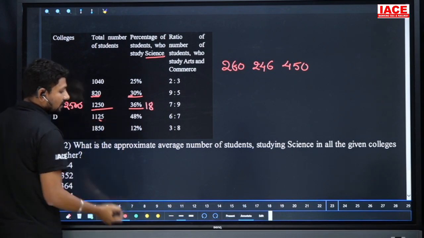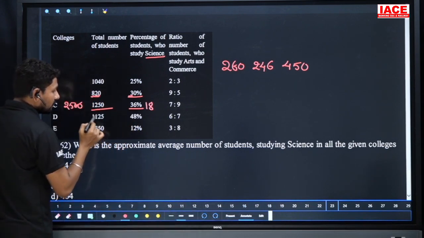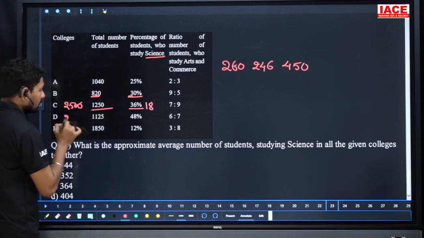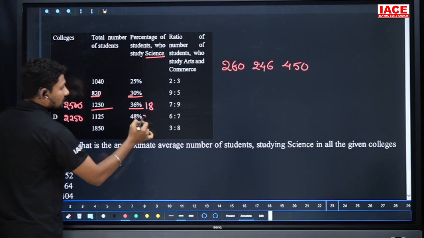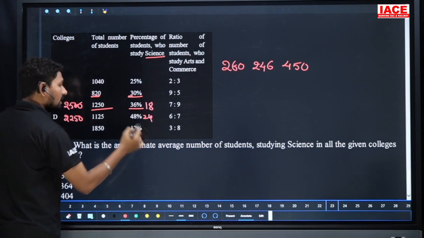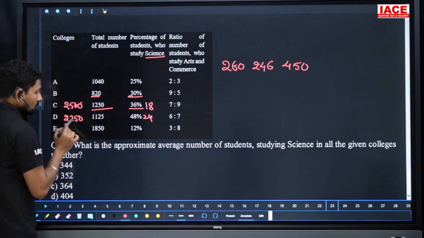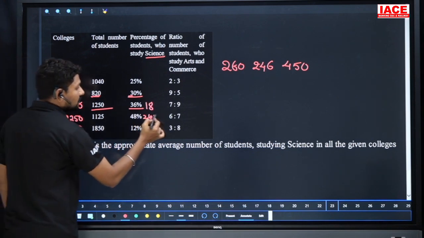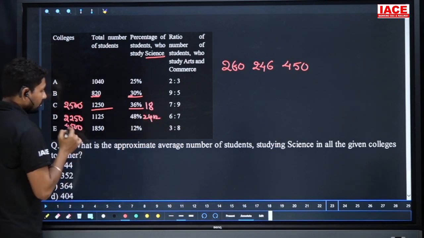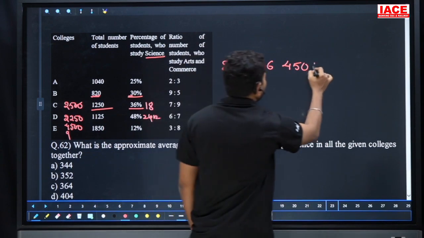48 percent of 1125. What can we do here? Making 1125 a double, it becomes 2250. Then 48 becomes 24, and making 24 a half again with 2250 doubled, the value is 4500. It is 12, and 12 making a half is 9. 9 times 6, the value is 540. The value is 540.